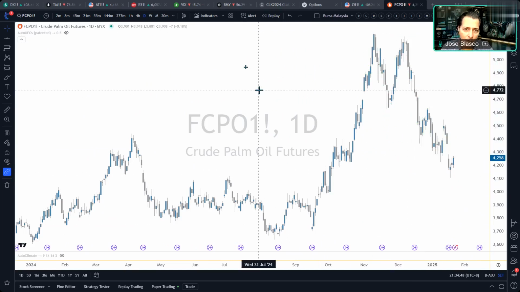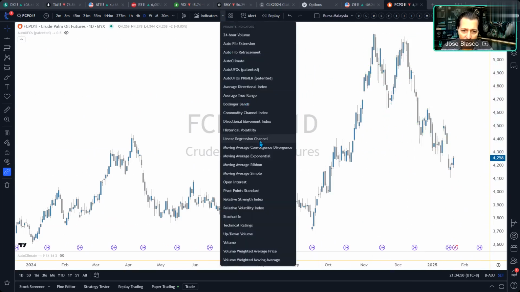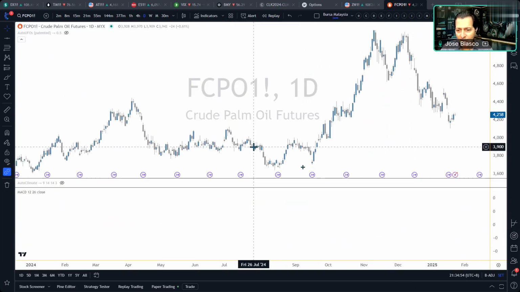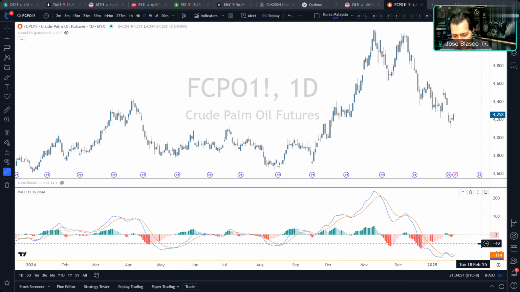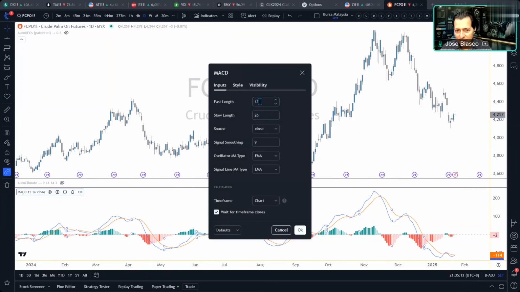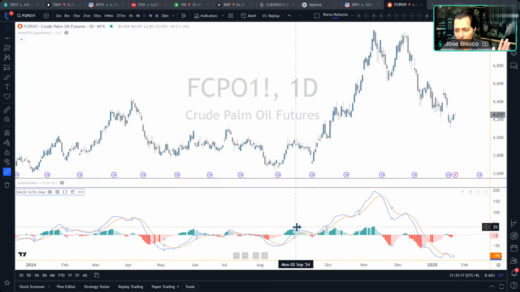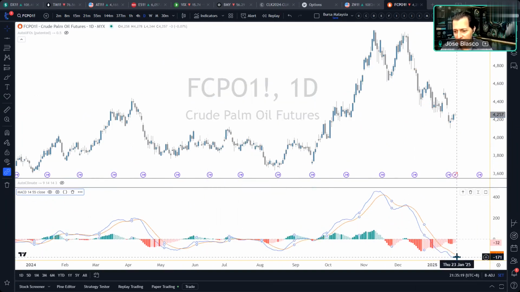Or some of you are into technical indicators and maybe you love, I don't know, MACD, moving average convergence divergence. And some of you are looking at this and it's like, hey, look at that. This is a bullish divergence because this is making lower lows, but this is now starting to make higher lows. And some of you are like, okay, that's what I see. But some of you are like, wait a moment, I don't use 12 and 26. I use 14 and 55. And with that, who knows what's going to be. That's not a divergence any longer, right?